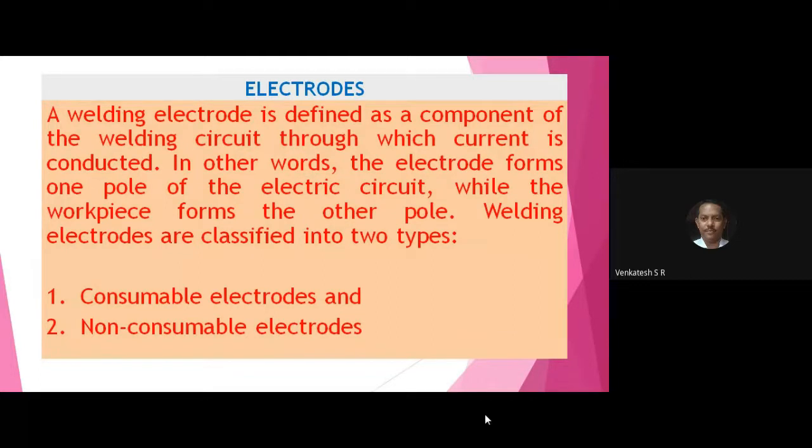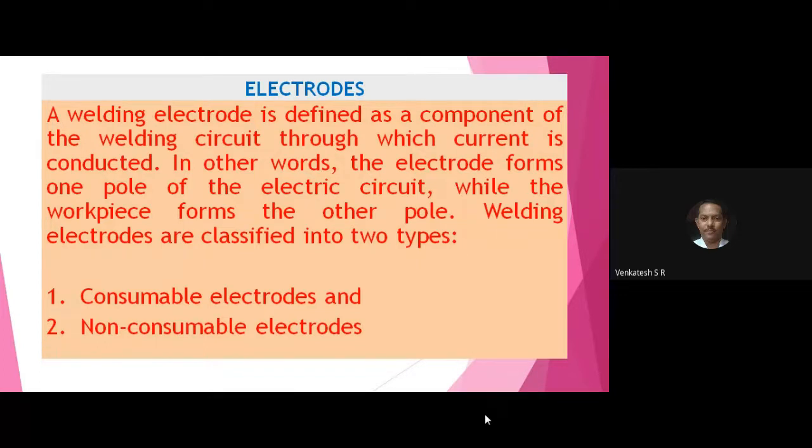The arc is established between the electrode and the workpiece. All of you underline the sentence. The arc is established between workpiece and the electrode. Keep this sentence in inverted commas and underline that. This is very, very important. Put a full stop. See, when you strike the electrode to the workpiece, an arc is established between the workpiece